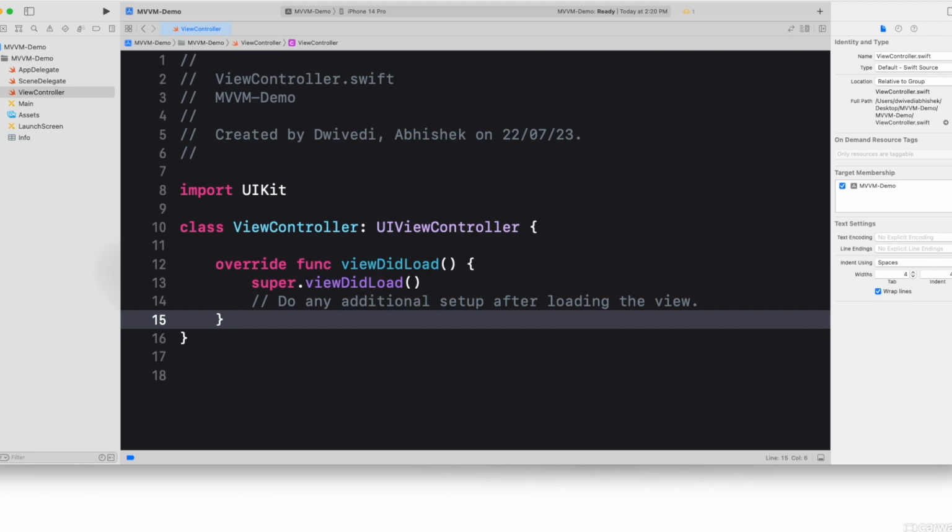What is the key advantage? The key advantage is unit testing. One of the key advantages is unit testing, because you are able to test the business logic thoroughly, since all of that is in one place. Okay. In MVC,